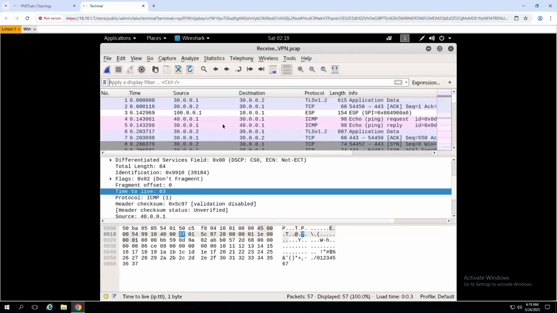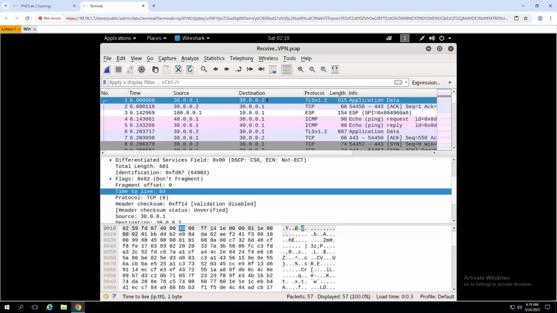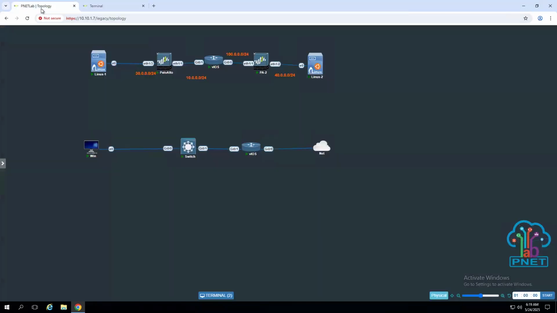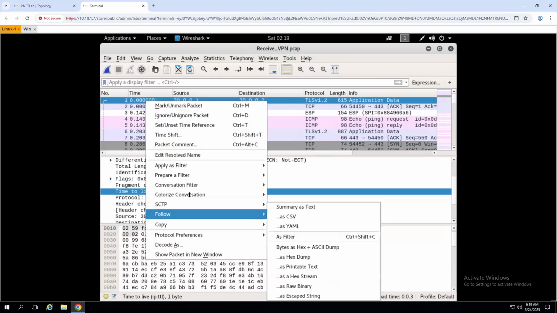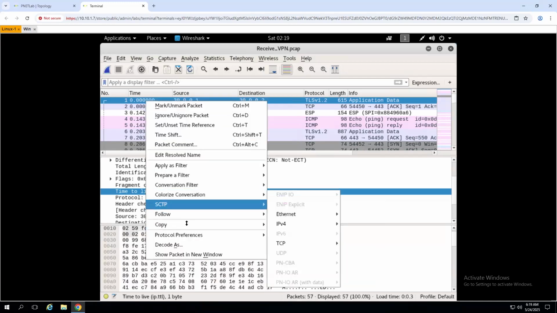And if I follow this stream, this is between 30001 and 30002. The 30001 is something I have configured on the Palo Alto Ethernet 1/3. I'm trying to do an HTTPS to it. So I get this capture. This is application data, layer 7. And if I go ahead and do